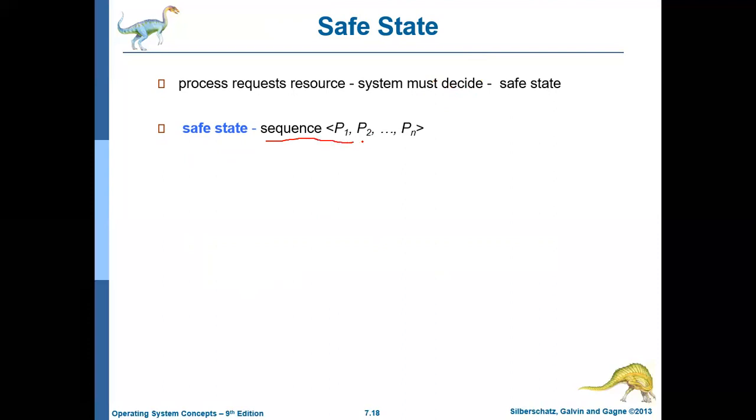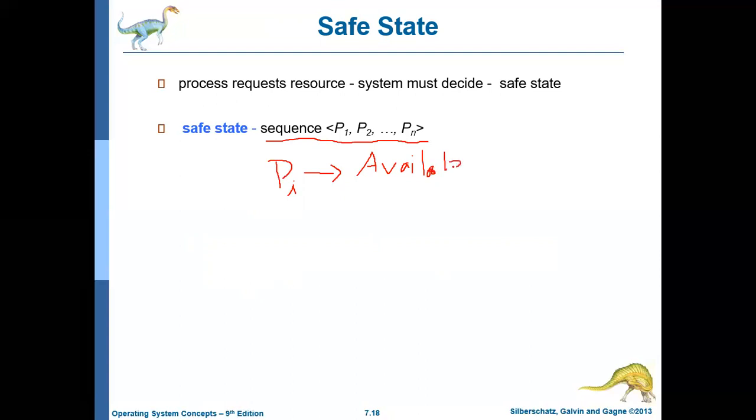The system is said to be in a safe state if there exists at least one safe sequence P1, P2, ..., Pn, where P1, P2, all these are processes, such that for every process Pi, whatever resources it is going to request in the future can be satisfied by the available resources, that is, the resources that are currently not allocated to any process,